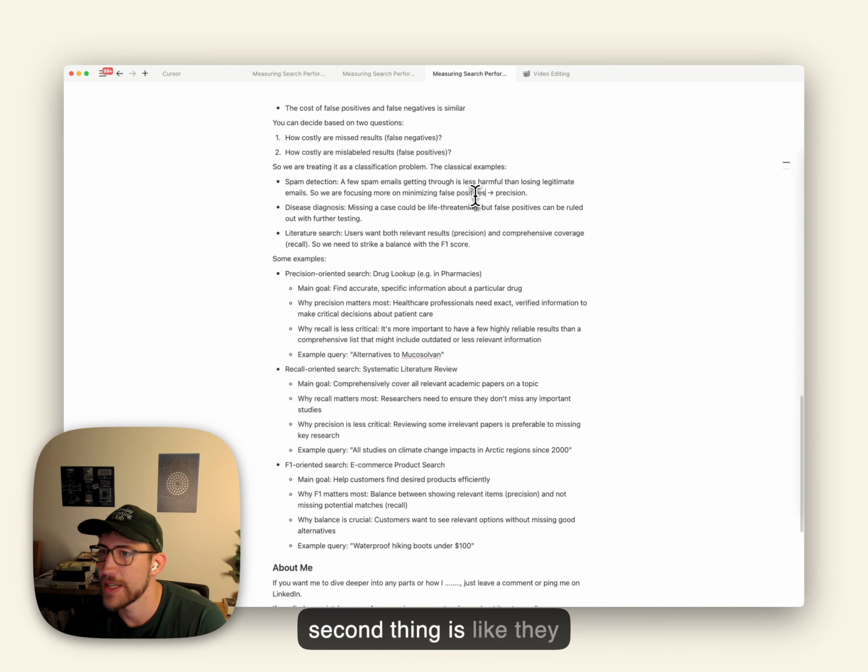The second thing is disease diagnosis. Missing a case could be very life-threatening, but false positives can be ruled out with further testing. So you're optimizing more for recall, so you are on the safe side. And literature search can, in many cases, be a good case for F1 scores. It, in the end, depends on who the end users are. In law, this would probably not be the case, but you often want to have both relevant results